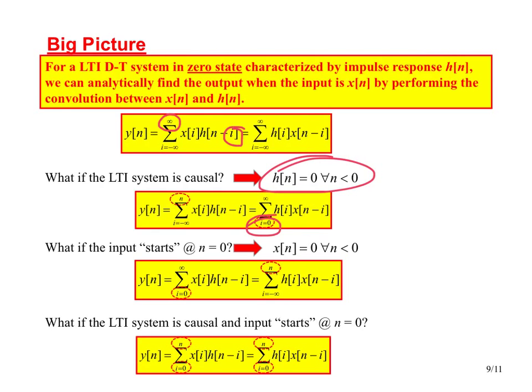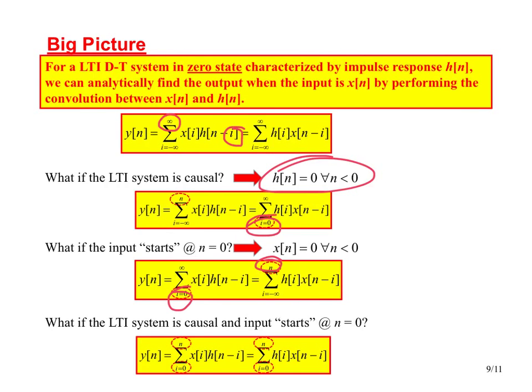What if the system is not necessarily causal, but on the other hand, the input starts at n equal to 0? That's a scenario that we like to think about a lot. We've got a signal that's 0 up to a certain time, and then suddenly we start applying non-zero values to our system. Following the same kind of interpretations, in one form we will be able to truncate the sum at the i equal to 0 point,